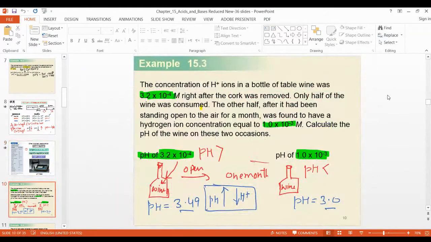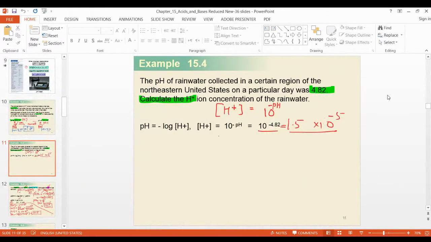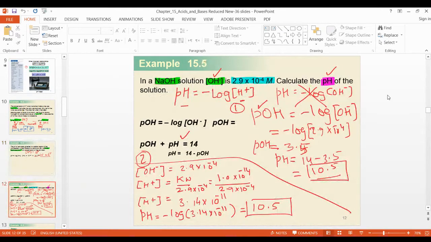Okay. With 15.3 we finished. 15.4 is now here: we can determine the hydrogen ion concentration if the pH is given. Suppose in the case of hydroxide ion, sodium hydroxide, OH is given, but we want to calculate the pH. That is not directly possible, because for pH we should have the H plus concentration, but H plus is not given here. So first of all, you have to determine the H plus concentration by using the second formula, the one looking down, right? Then first you get the hydrogen ion concentration, and then you calculate the pH.